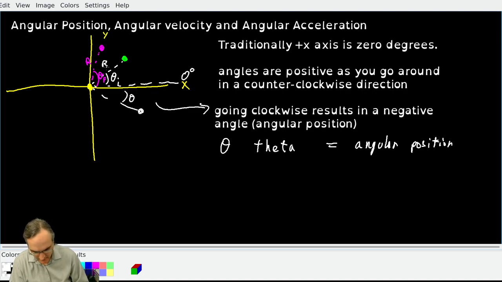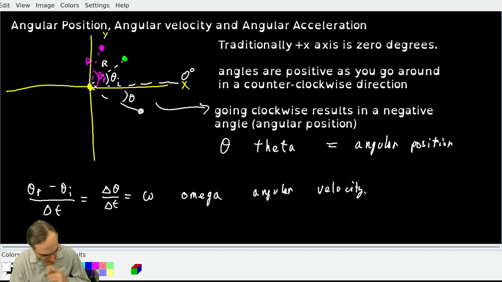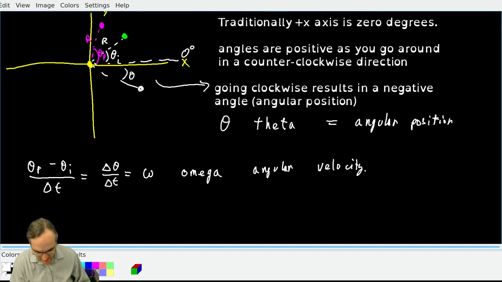I've got these two different angles, and if you took the final angle minus the initial angle and divided by the time elapsed to get there, that gives you omega, the angular acceleration, or sorry, angular velocity. There's another way of thinking about it. Each one of these positions,